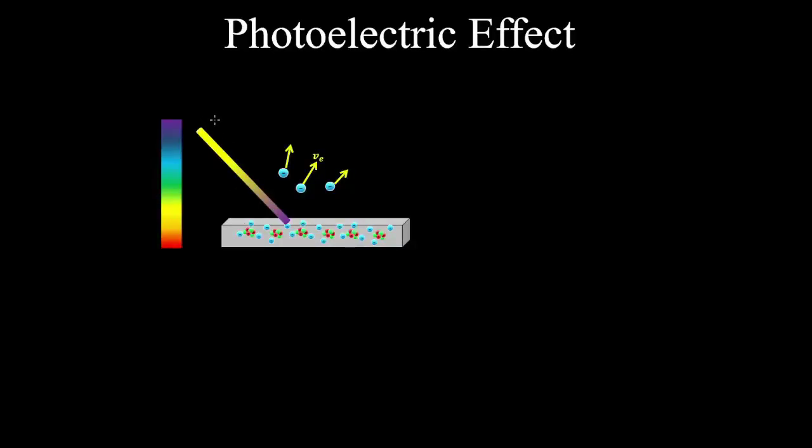When electromagnetic radiation is incident on a photoactive material, like a metal, then the electrons on the surface can absorb a photon and get ejected from the material. So this is the photoelectric effect, where the electrons that are ejected have absorbed the photon and are called photoelectrons.